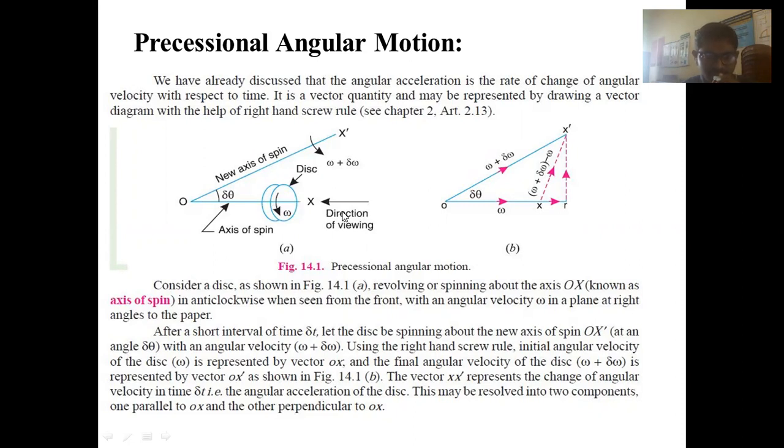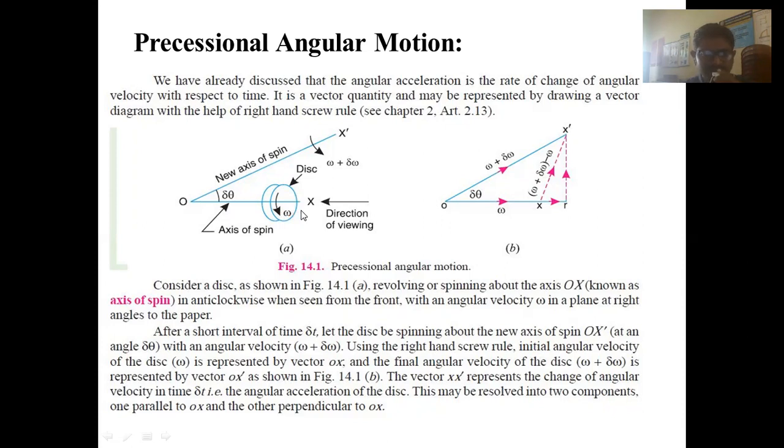Whenever we observe the disk in this direction, it is rotating like this in anti-clockwise direction with an angular velocity omega. Here, consider a disk as shown in the figure, revolving or spinning about an axis OX. Technically, we call this the axis of spin. About this axis of spin, the disk is rotating in anti-clockwise direction with an angular velocity